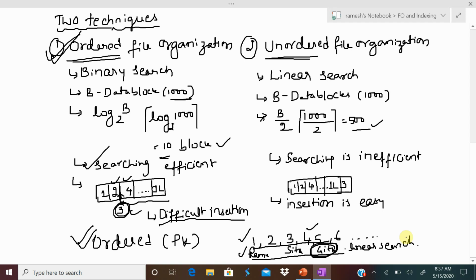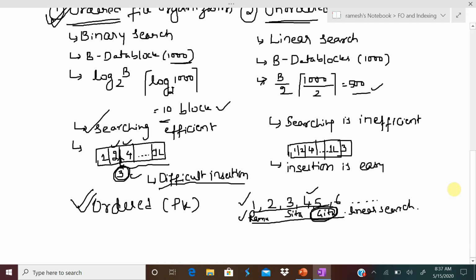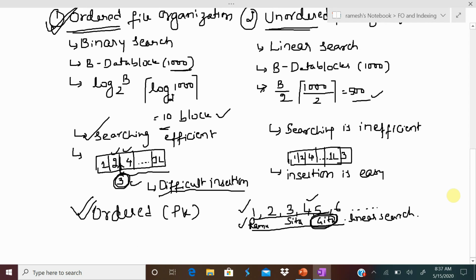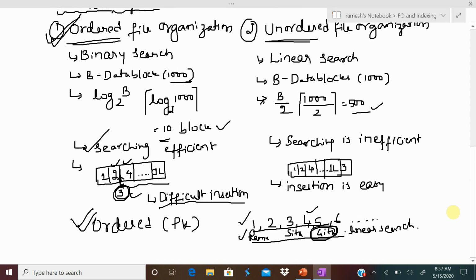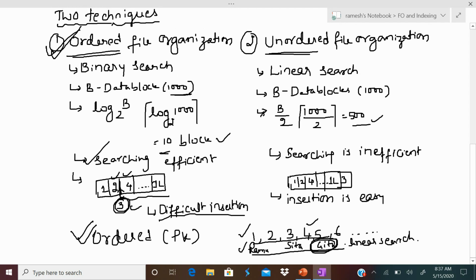The point is, practically database applications use ordered file organization with respect to primary key, but search may not always be on the primary key, it may be on other fields. With respect to other fields the file is unordered, so again we have to use linear search, which is inefficient.